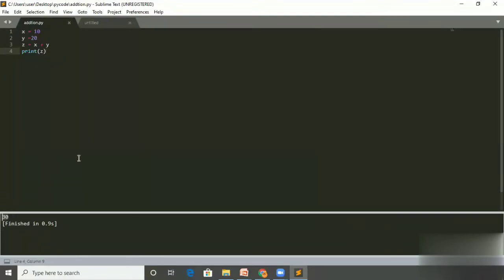So simply by pressing Control B, you can run the program. So this is all about Sublime Text, a very easy text editor for Python.